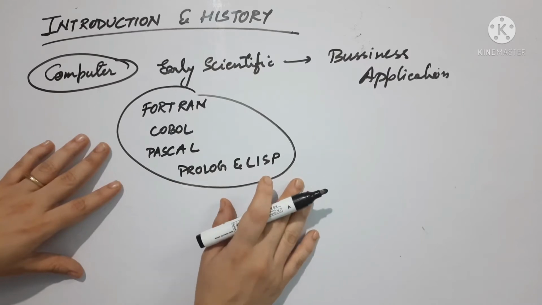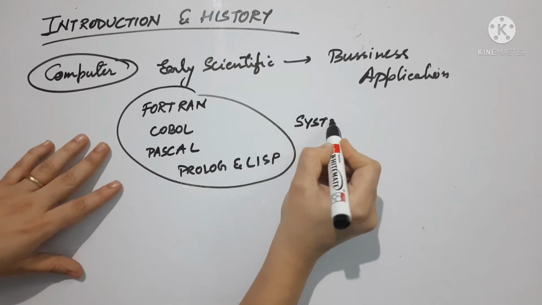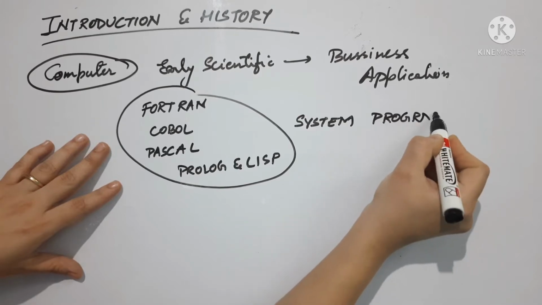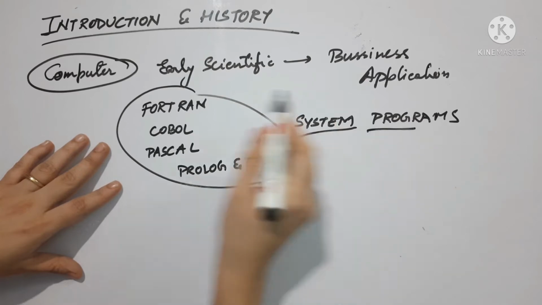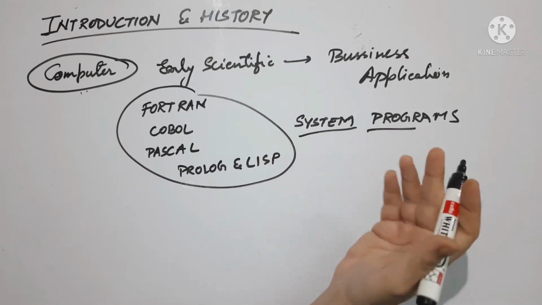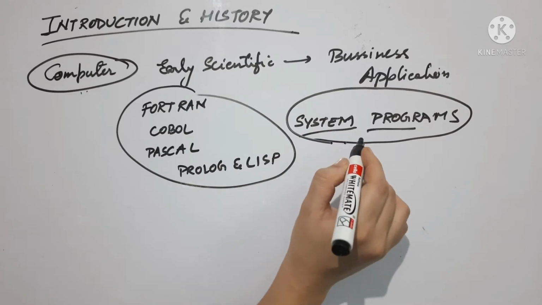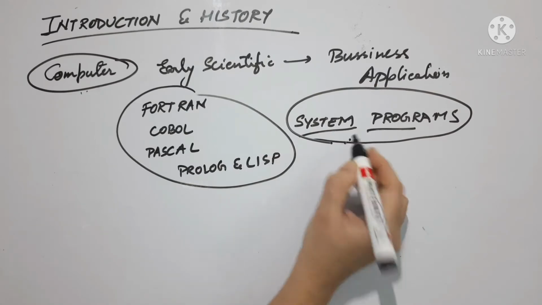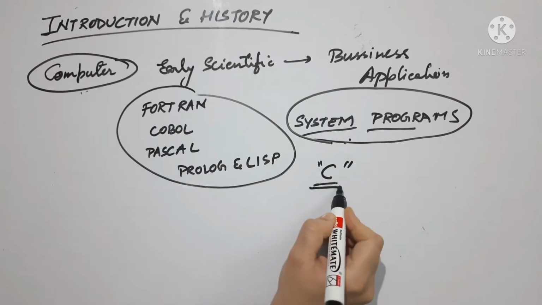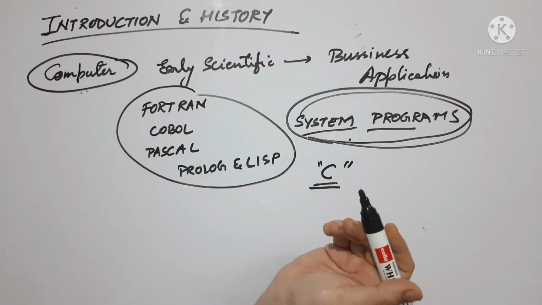But there was a need to develop a particular programming language which can handle system programs. Now why do we require these system programs? So that our computer runs smoothly. We can develop different kinds of operating systems, compilers, interpreters. So these are so many system programs which we need to develop, and there was a need for a programming language. That is the reason why C language was developed. So basically C language was developed to form the system programs. So this is how the C language emerged.